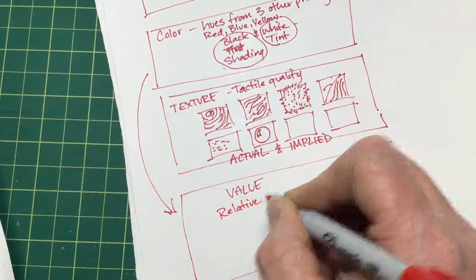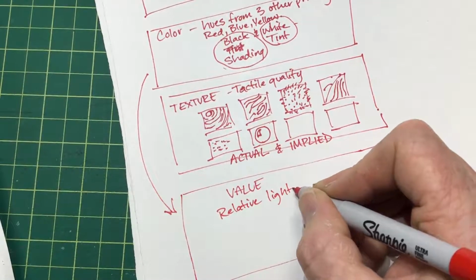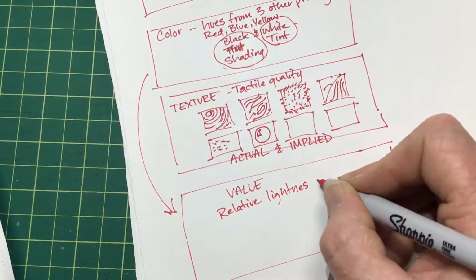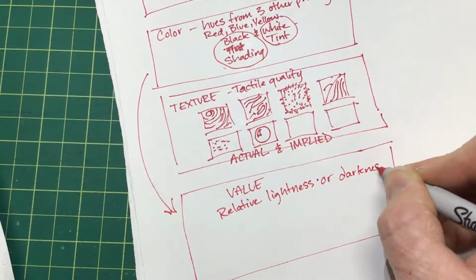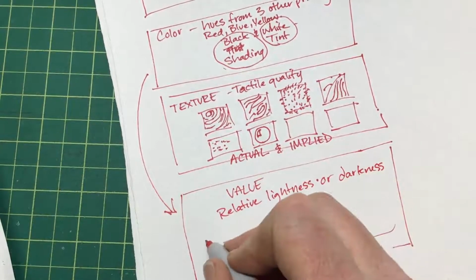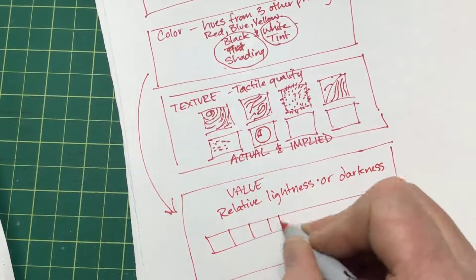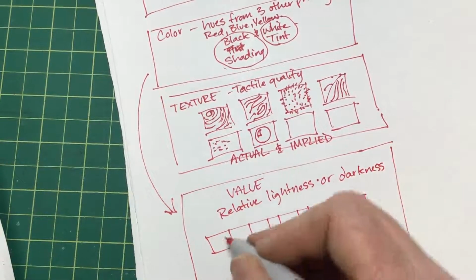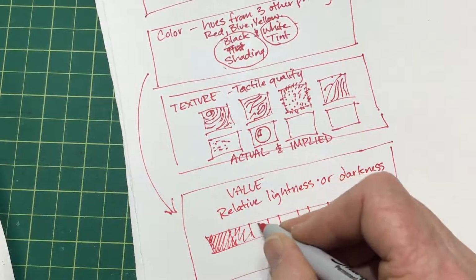Okay, I know that's silly. Relative lightness. I could say relative darkness though, right? So let's do that. Or darkness. And so this exercise I've given you in class, or I will give you, is to shade from light to dark and make